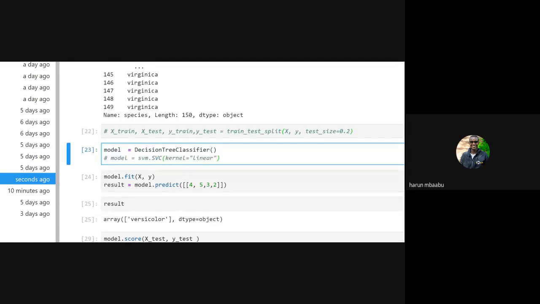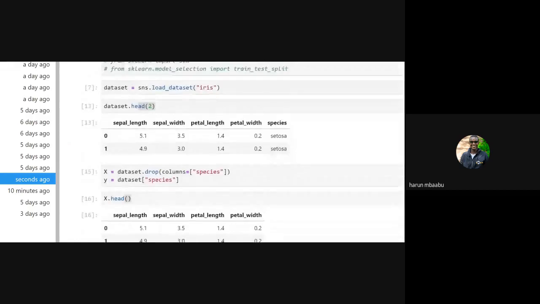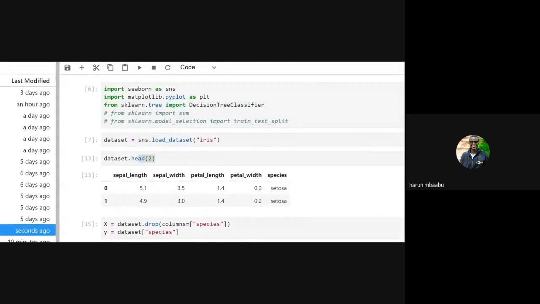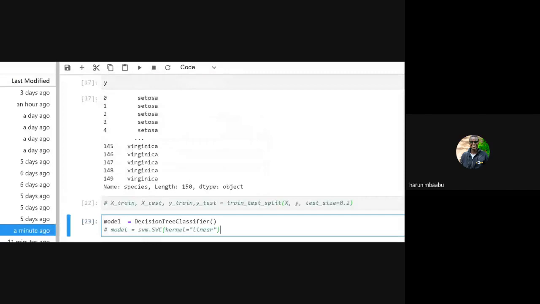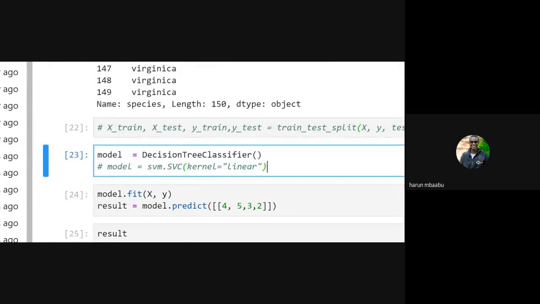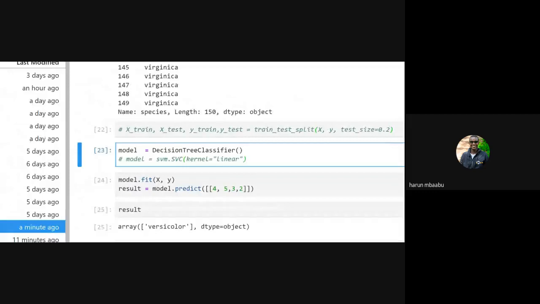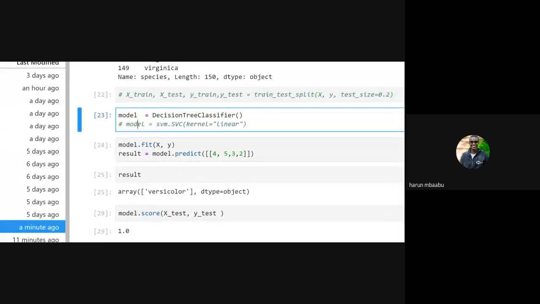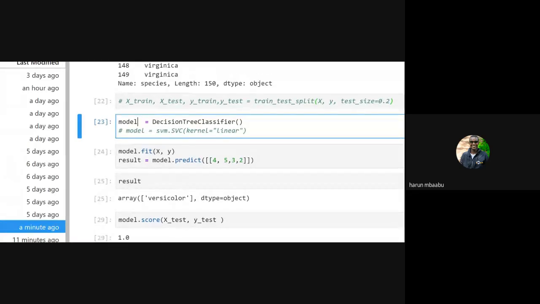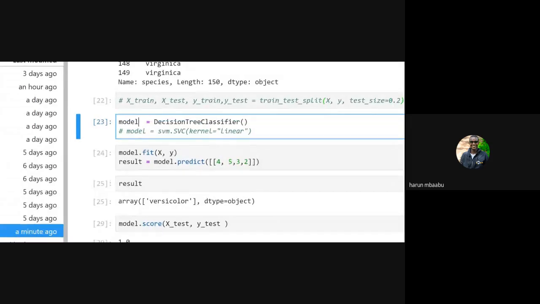So up here, you can see from sklearn.tree, which we have said is a module in sklearn, import DecisionTreeClassifier. And we made an instance of our machine learning algorithm. We defined a variable called model that stores our machine learning algorithm. Then, even when we are using TensorFlow, these are the two major steps which you won't avoid. The first step is to fit our model, then use our model to predict our results.